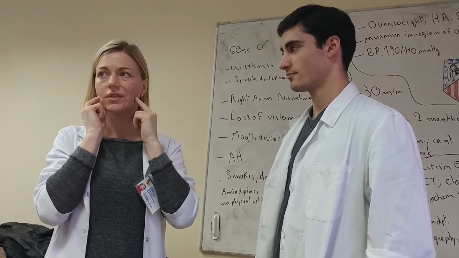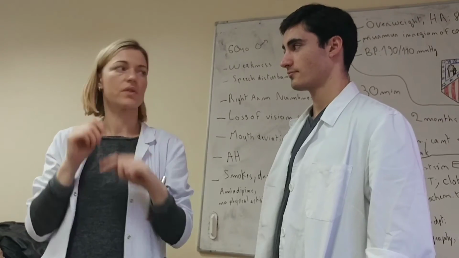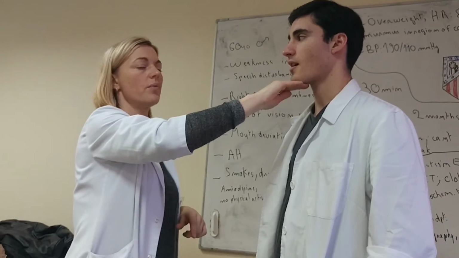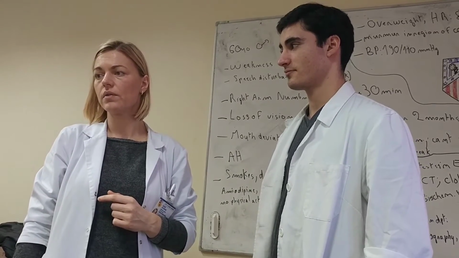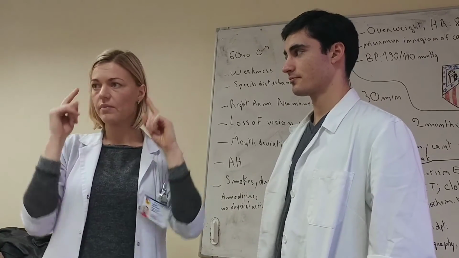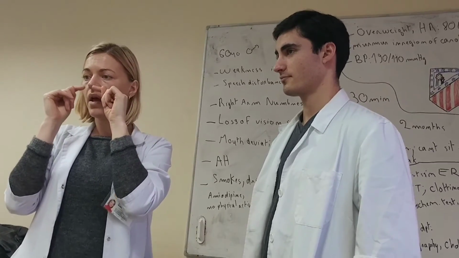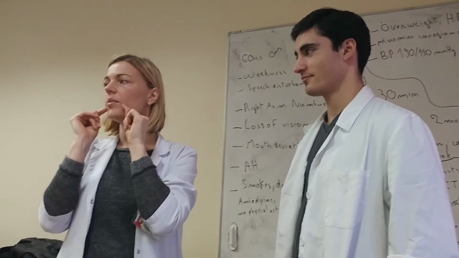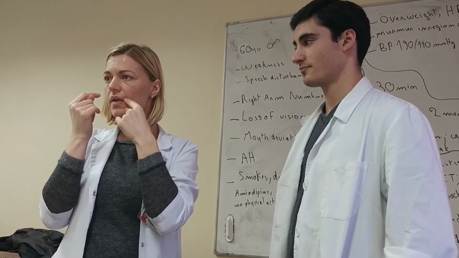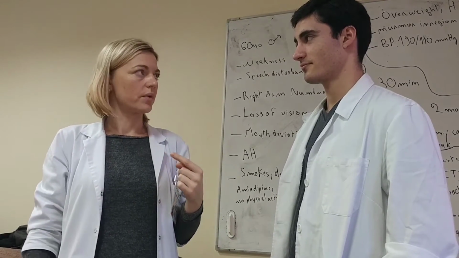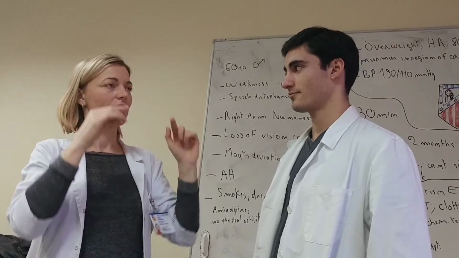Ask the patient to clench the teeth, and you check if there are no atrophies. If the strength is okay, you ask the patient to try to open the mouth. So you check the fifth one, and the seventh one, you look at the symmetry of the face, at the symmetry of the wrinkles in the forehead, at the symmetry of the nasolabial wrinkle here, at the symmetry of the mouth corners, and you ask the patient to raise the eyebrows,